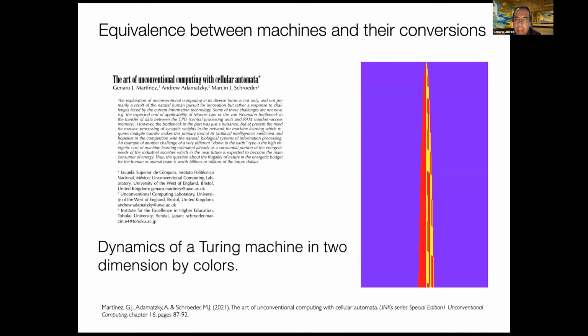Well, following this idea, thinking about this equivalence between machines and their conversions, here we can see the dynamics of the Turing machine that was illustrated with the Cubeless Robots. But here we can see a color representation of the same Turing machine,